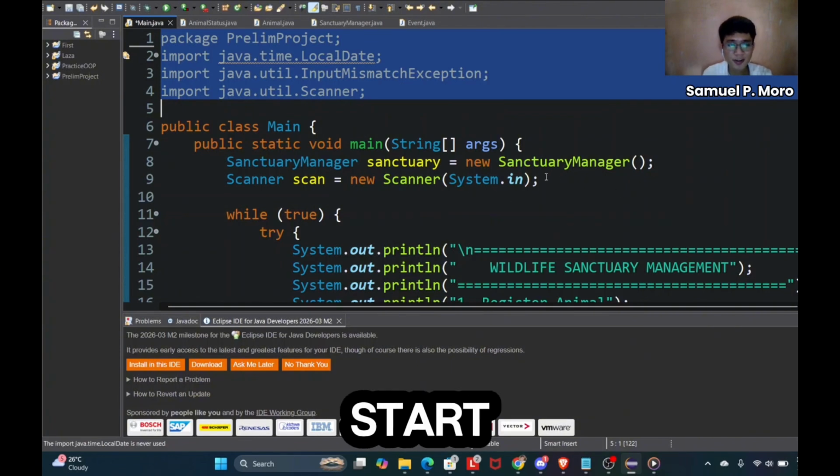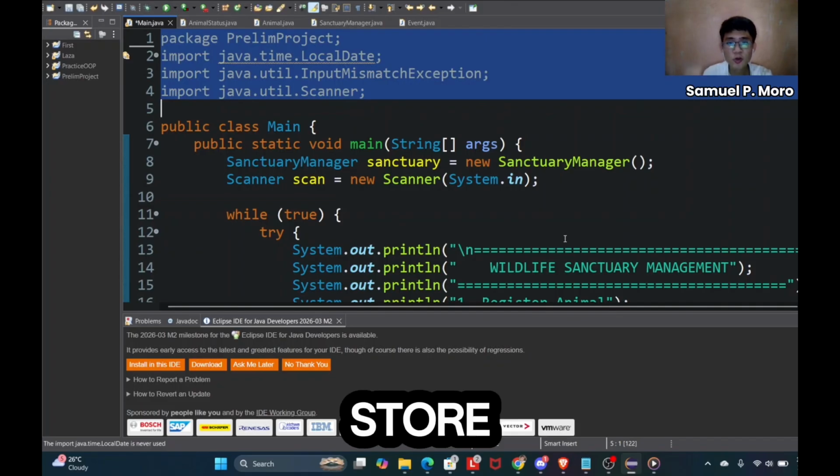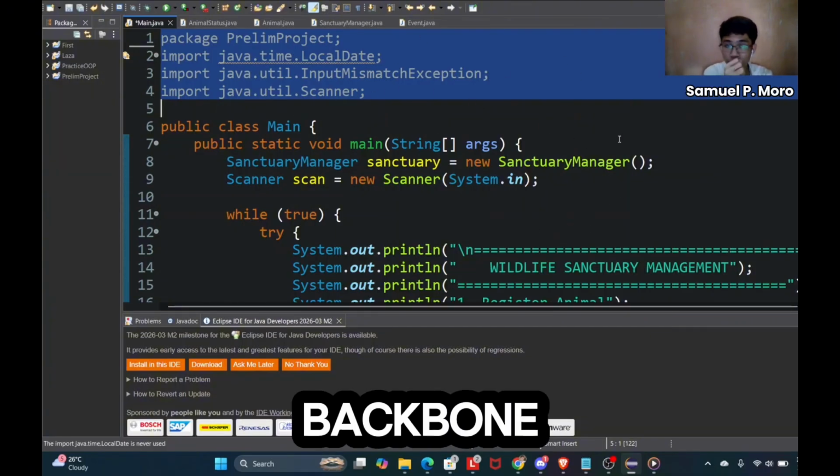Right at the start, we create a sanctuary manager object that will store all our animals and a scanner to get the user input. These two objects are the backbone of our entire system.